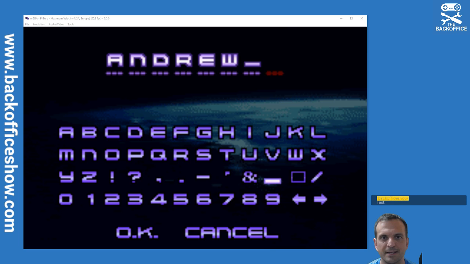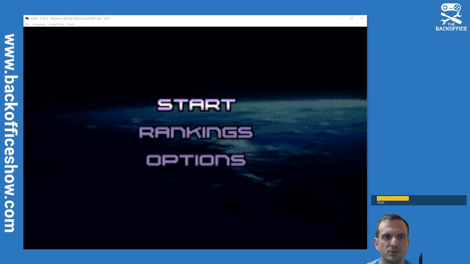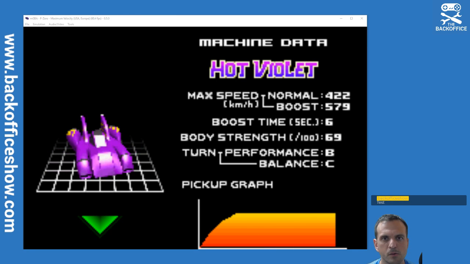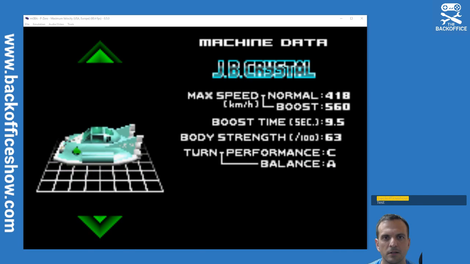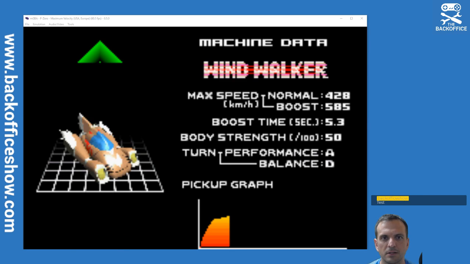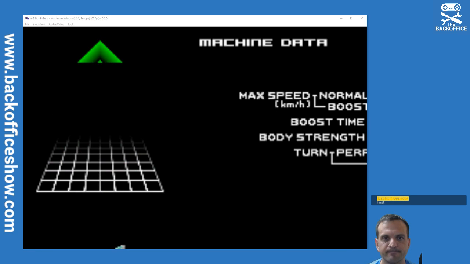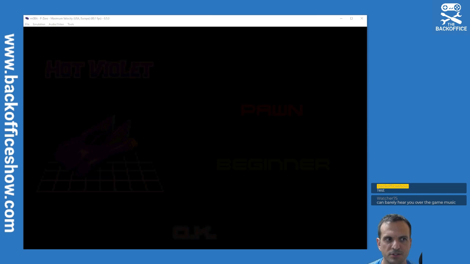Right, let's do this. Hot Violet. Fireball. JB Crystal. I think I'm going to try Hot Violet. Try it in the pulling stage, so it should be...